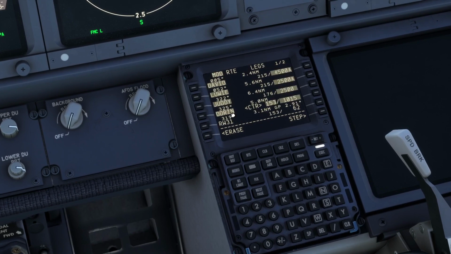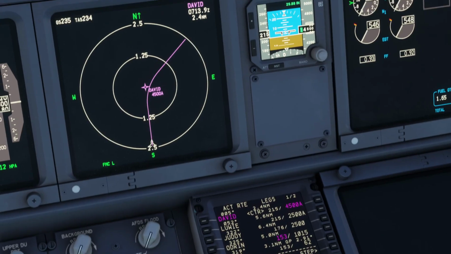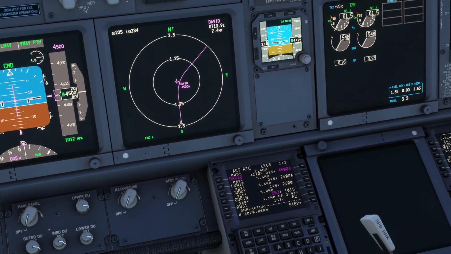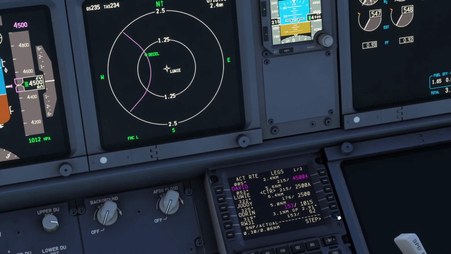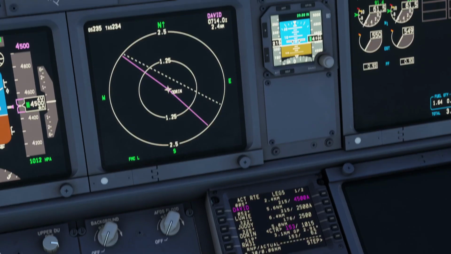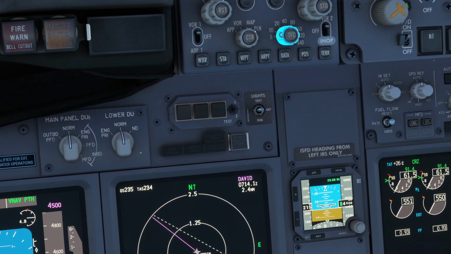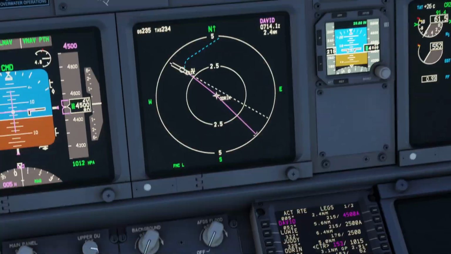So I go to legs, David is set there, and I'm going to show you all these procedures. So we have David, we have Louis, we have Judy, we have Audrey, and I'm going to just zoom out here,